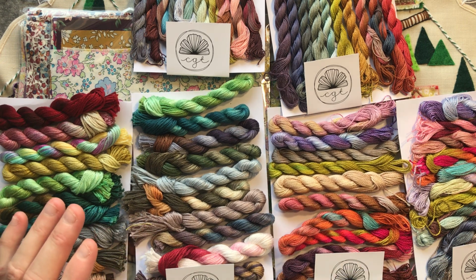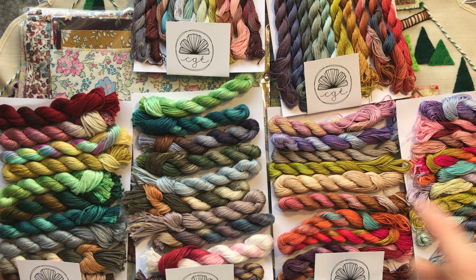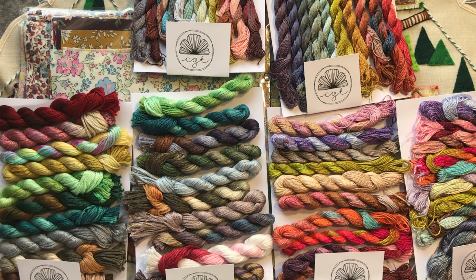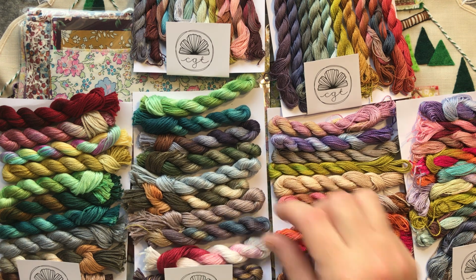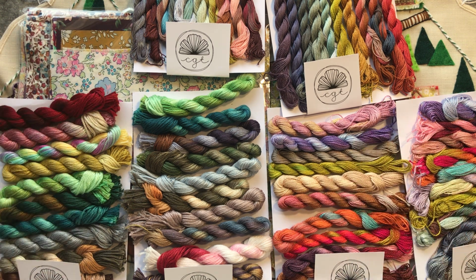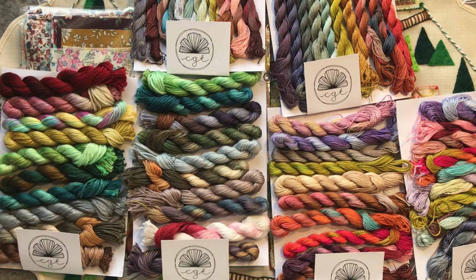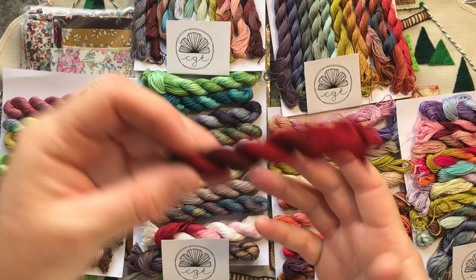So normally $20 for 10 of them, which means $2 for each of the strands, but because they were having their birthday sale, they were $14, so $1.40 for each of these strands, which is a really super price for beautiful variegated either perle or stranded cotton, and a pretty decent amount in these. So that's the threads. I'll come back to what my other items were because they weren't part of the birthday sales, so they were just regular prices, but I think they look pretty good for what you get in them as well. So let's start with our stranded cottons